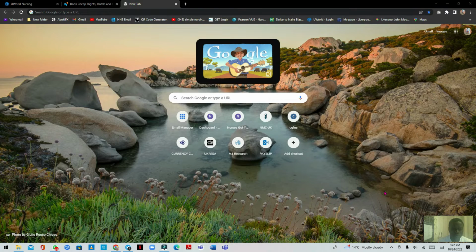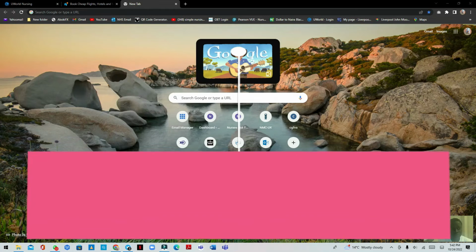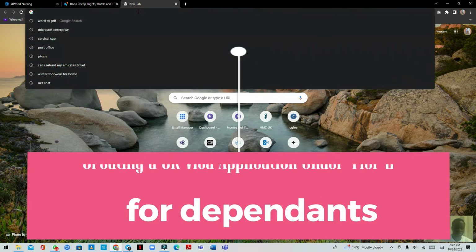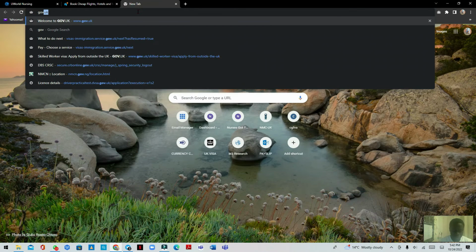So in today's video, I'm going to be showing us how to create the UK visa application for skilled worker visa. I'm just going to go through the whole process with you guys and show you how to even locate where you are to begin from in the first place. So all you need to type at the address bar is gov.uk,